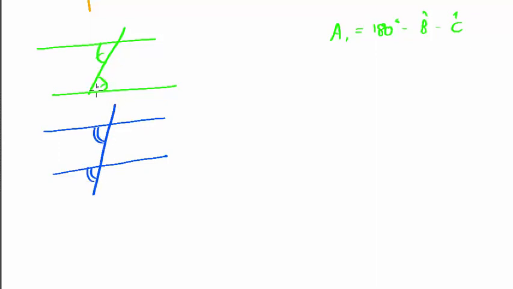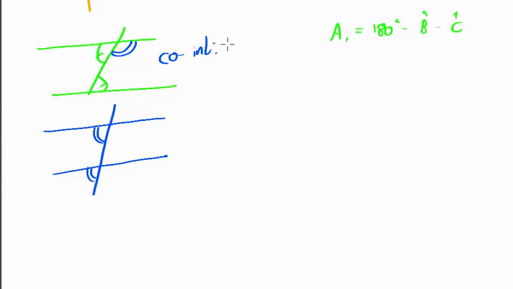You can see why these are called alternating angles, because they are on alternating sides of your cutting line. These are called co-interior angles. Remember what Euclid's postulate was? They're on the inside of the parallel lines, and they're on the same side of the cutting line, so they are co, which means on the same side, co means together, and interior means inside. Okay, so that's why we call them co-interior.